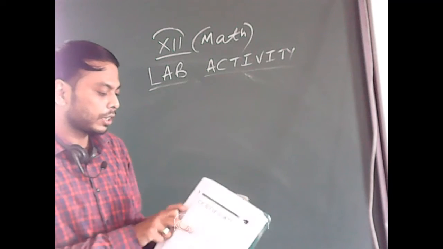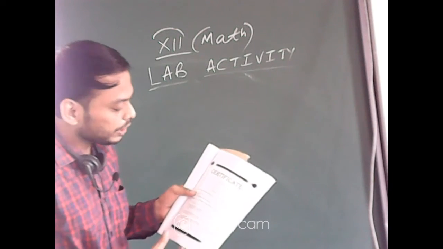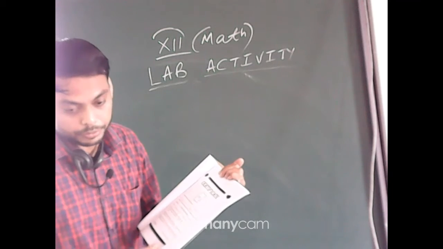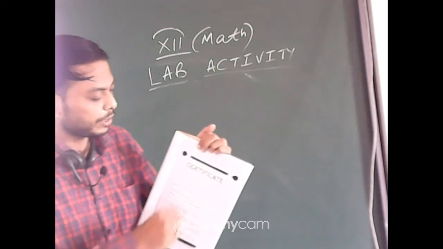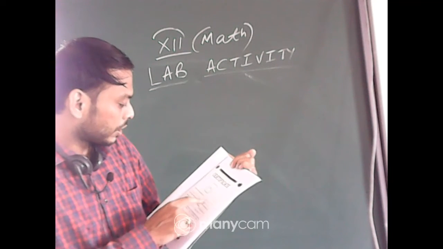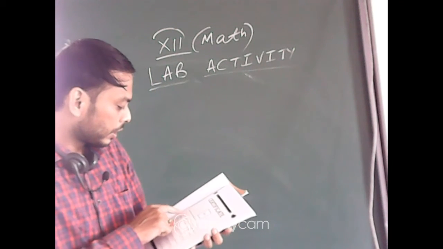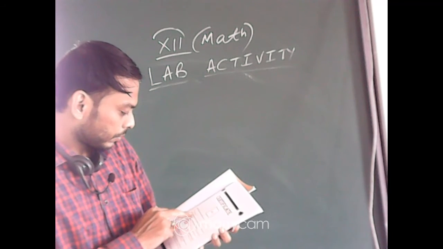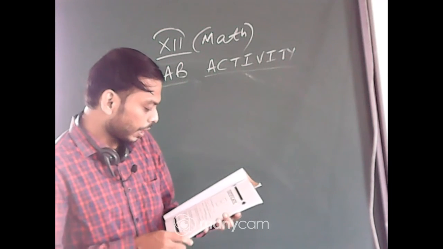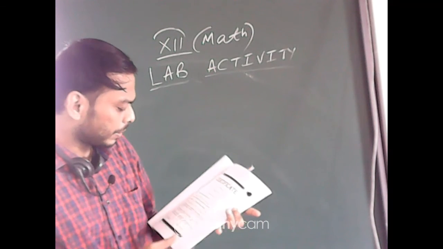Now this portion, the certificate portion, has a space for pasting your photograph. So just paste your passport size photograph in school uniform, and write the student name, certified that this is the bona fide work of the student name, class, school name, academic year 2021, number of activities 10, out of just leave it, and then in subject mathematics, okay.